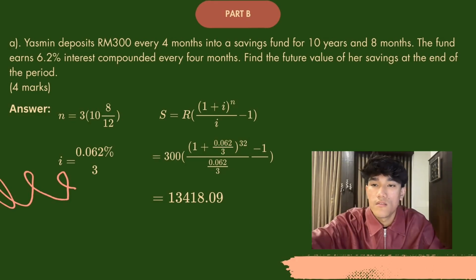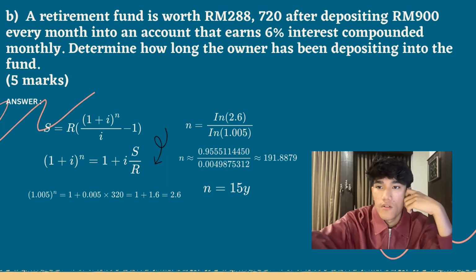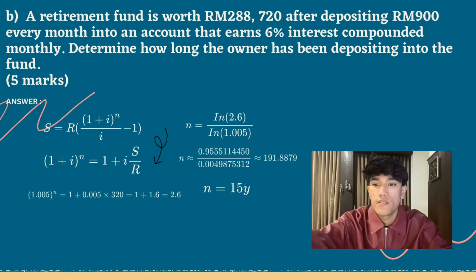The formula is future value equals R multiplied by the bracket of (1 plus i) to the power of n, minus 1, divided by i. After substituting the values, the future value of Yasmin's savings is approximately 13,418 ringgit. For Part B, the retirement fund is worth